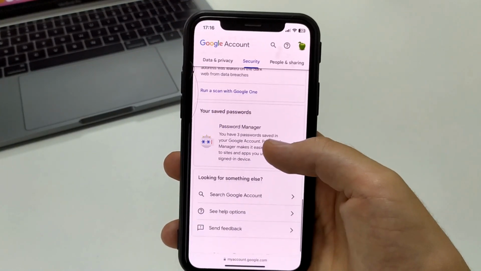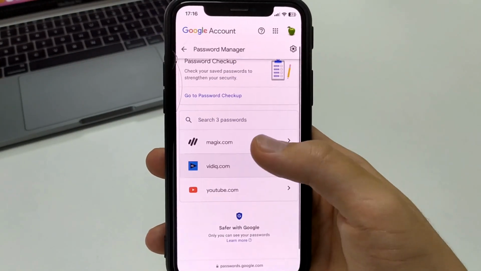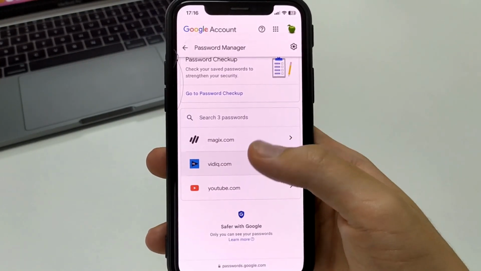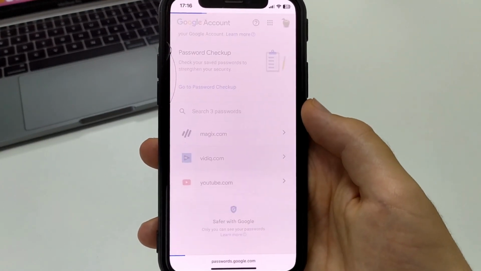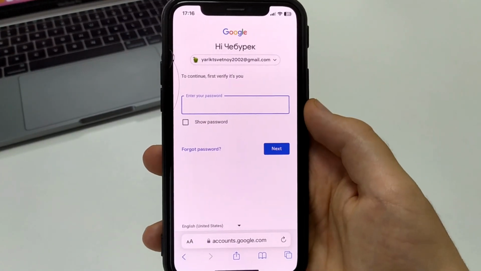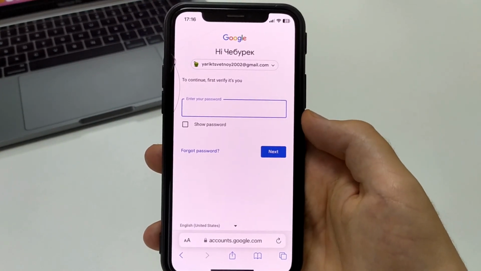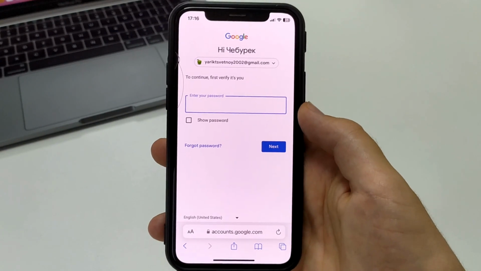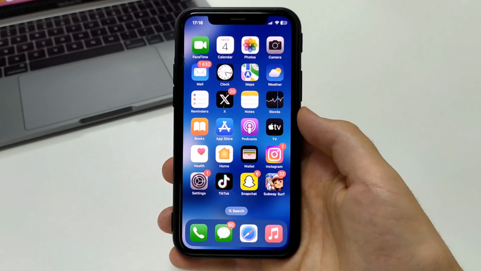And here you click Security. Scroll down and there is Password Manager. Open it. And here you have to write TikTok in the search box, and find your application. After that you click on it. And then you have to enter your Gmail account password. And after that, you can see your TikTok profile password. Here is such a simple way how you can do it on any device.